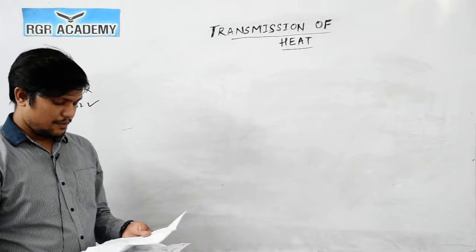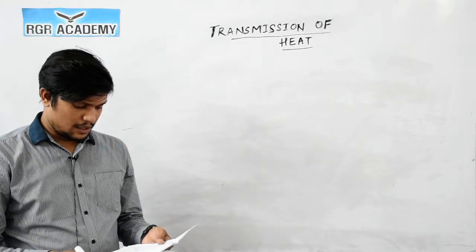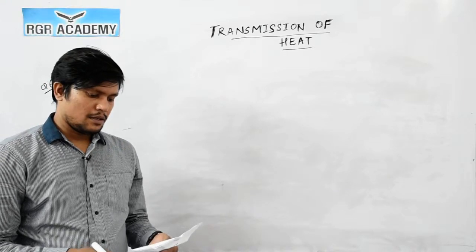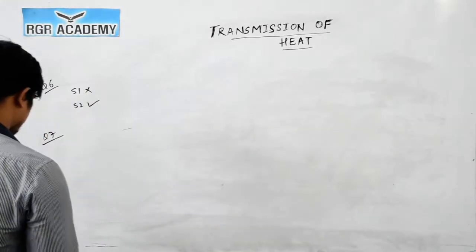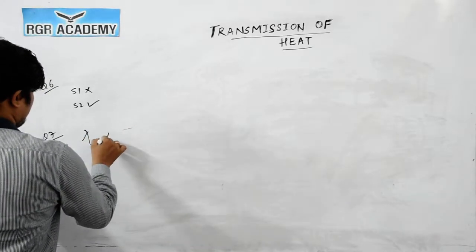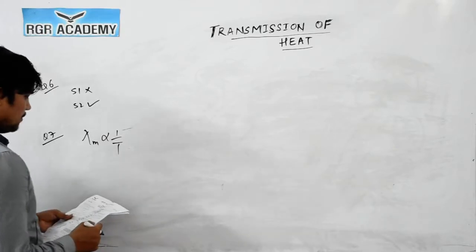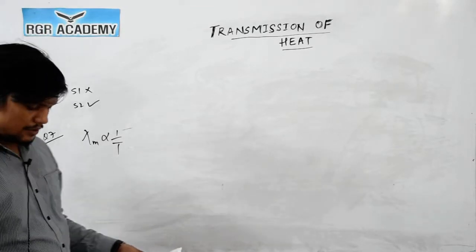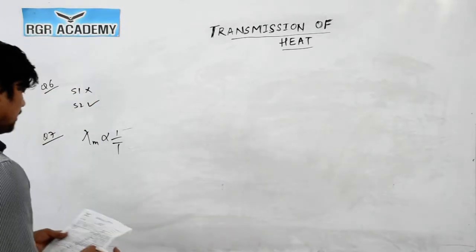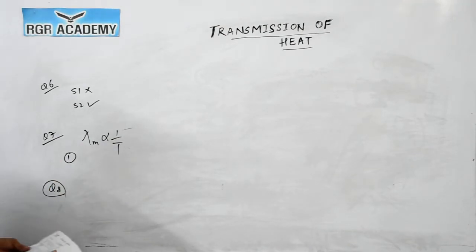If the temperature of sun becomes twice its present temperature, then radiation energy will be. So we know that in this case, for question number 7, lambda m is proportional to 1 by T. Okay. So in the question they have given the temperature increases, then it will tend to ultraviolet. So the option number 1 is correct. Now the question number 8.